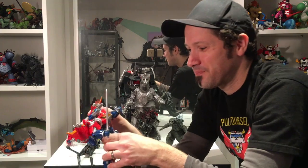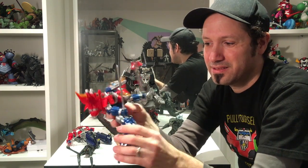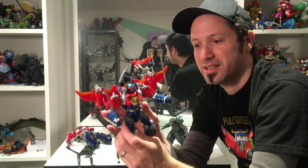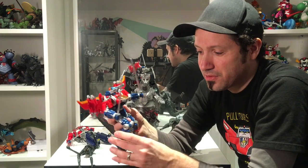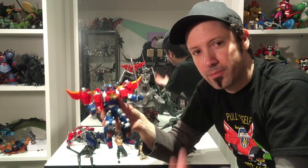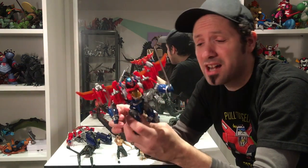Number 10. The Takara Diaclones V2, Diabattler. This thing is amazing. So much playability in this. I don't know if the Diaclones reboot is a success so far. It is kind of pricey, but there was so much play in this, so many pieces, so many formations that you could do, it's hard not to include this in my top 10. And it's my only Takara,